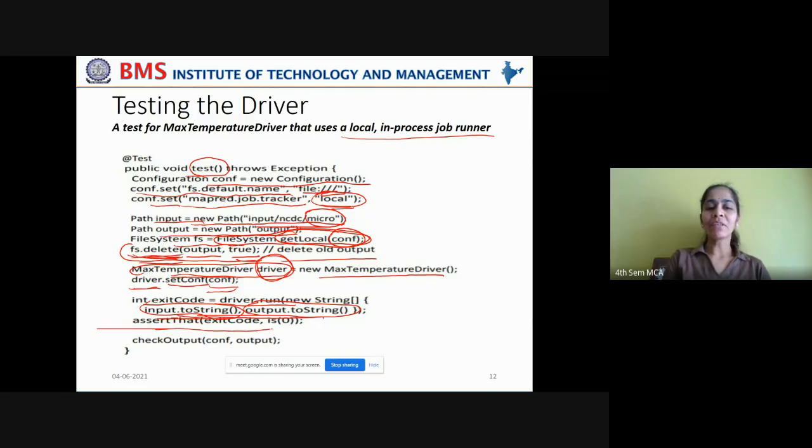Now you are giving the assert that method and giving the exit code as is 0. If it is 0, then it will exit. Otherwise, it has to continue with the job till it is completed. And you can also check the output by using the configuration along with the output object. Okay, so this output object will be tallied with your configuration, whether they are matching or not, to know whether the system properties are the same as what you passed or not.